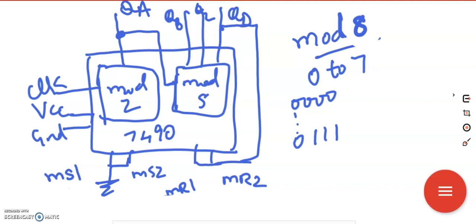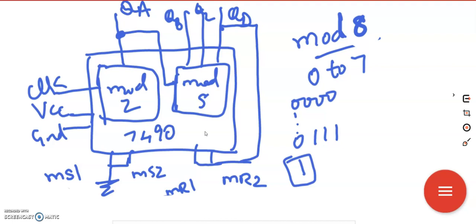Dear students, in our previous video we discussed mod 8, and how we can design mod 8 using 7490. Whenever it is 8 count, we are supposed to make that 000, which means we need to reset it. The valid counts in a mod 8 are 0 to 7. As soon as the most significant bit becomes high, we are supposed to reset. Since this bit was high, this output will be provided to both the reset pins in order to make this count work as a mod 8.